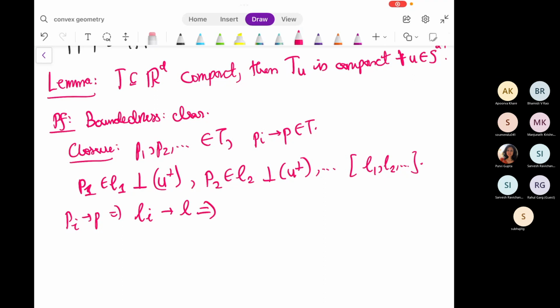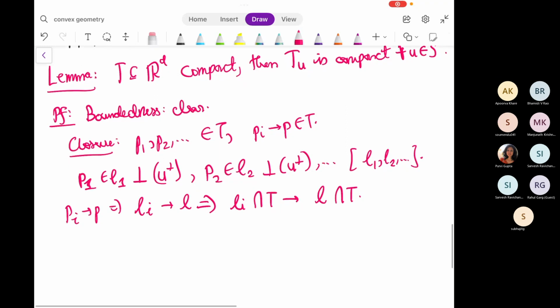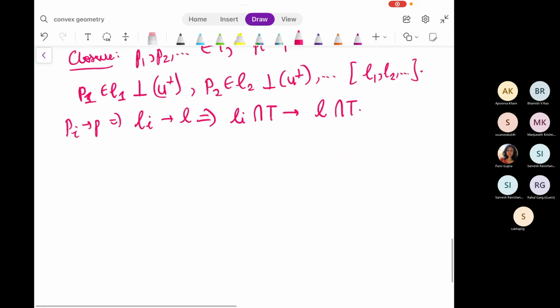And you can also check that the lines intersected with T will then converge with the L intersected with T as well. And when this happens, you can apply a Fatou's lemma. To be more precise, in this case, you apply the reverse Fatou's lemma. So by the reverse Fatou lemma,